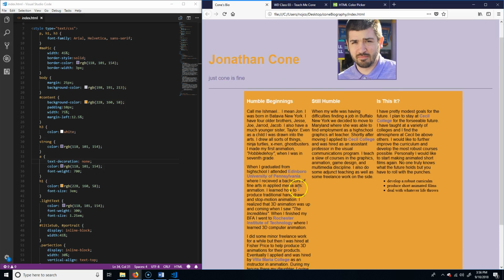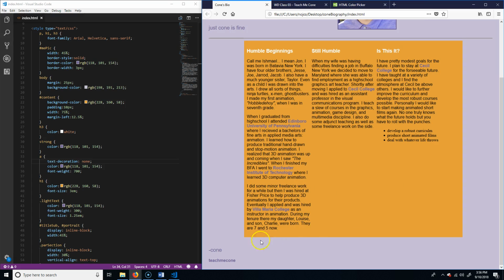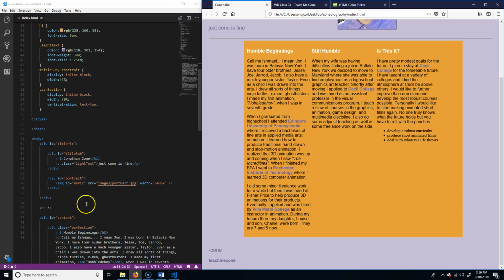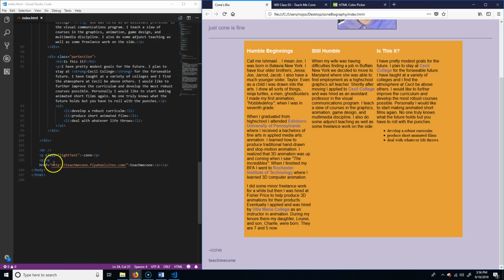Now, what else could I do? I could do some other things. So right here I have this Teach Me Cone. Why don't I use my icon instead to do that? So down in here, because I made that other picture, now that's portrait. I'm just going to go ahead and instead of write teach me cone, I'm just going to put that picture in there. So I'm going to delete that and then put img src